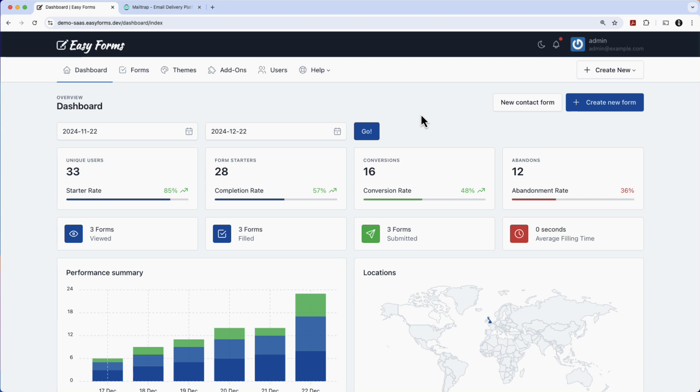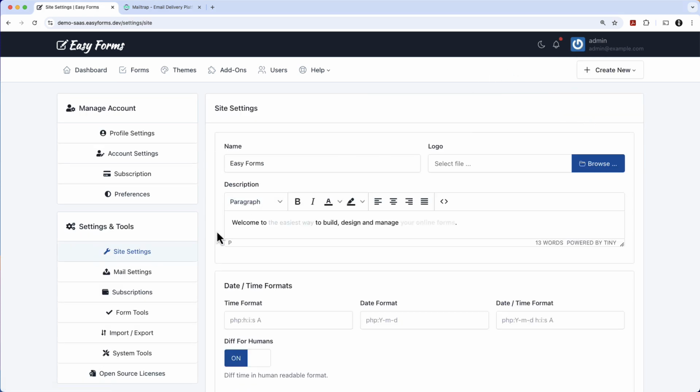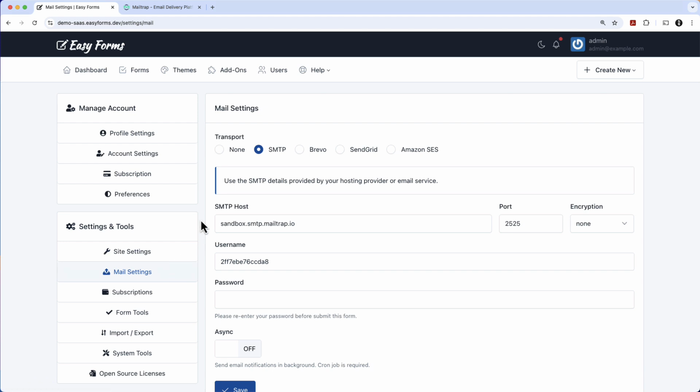In this video I'm going to show you how to set up email notifications, because before configuring your form notifications you need to make sure the app is well configured to send emails. For this we need to go to Site Settings and then Mail Settings. As you can see, EasyForms supports 4 kinds of transport: SMTP, Brevo, SendGrid, and Amazon